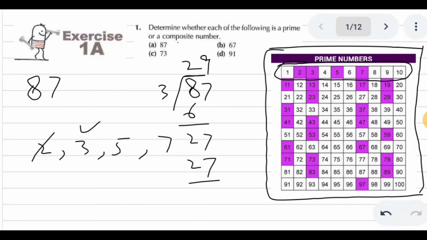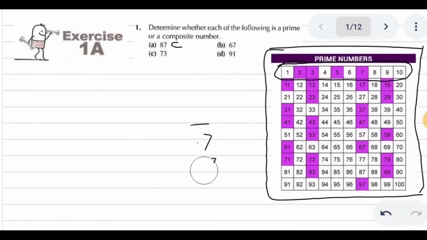So it is divisible by a prime number. That means it has more than two factors. That's why it is not a prime number, but a composite number. Now going towards the second part, that is